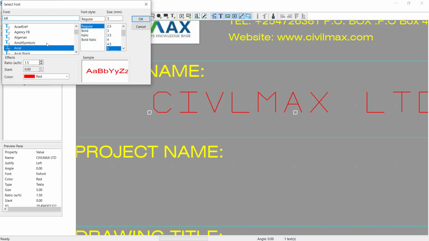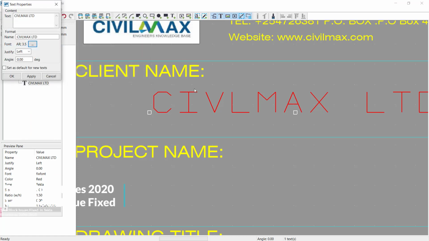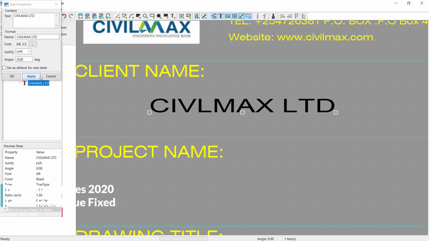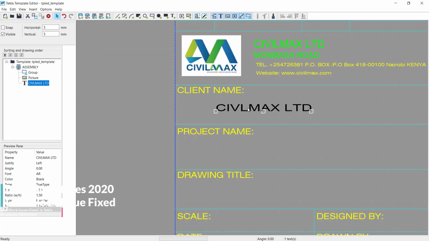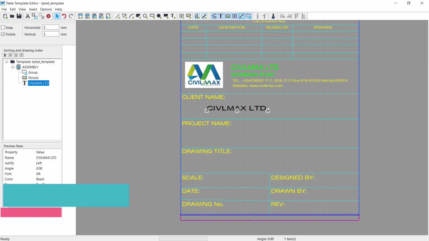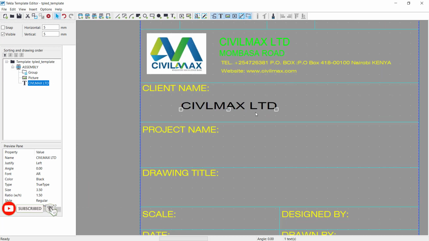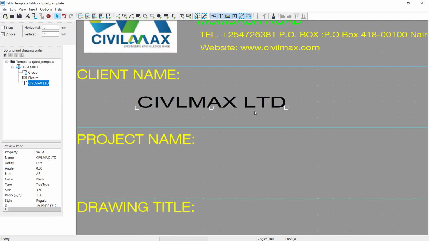We can just use Arial. I'll pick on 3.5 and click OK. But the text seems to be red and I don't like that red thing. So I'll go ahead and click OK and give it an OK here by clicking apply, and that's it. You don't need to expand the length of the characters as we used to do in value field, and that's still okay. It cannot obstruct you from moving further in doing anything on your title block under Tekla Structures 2020